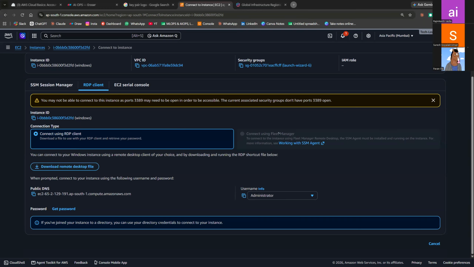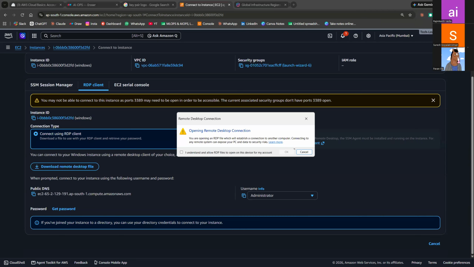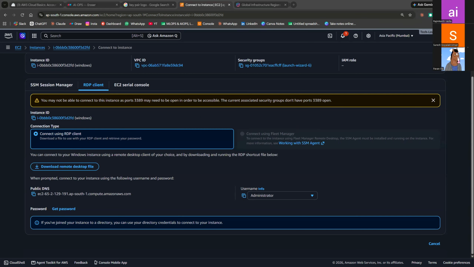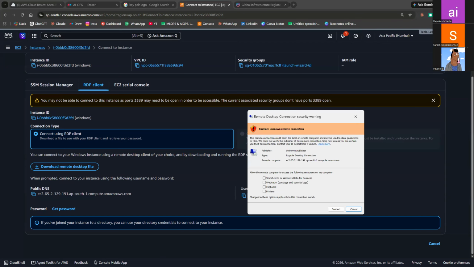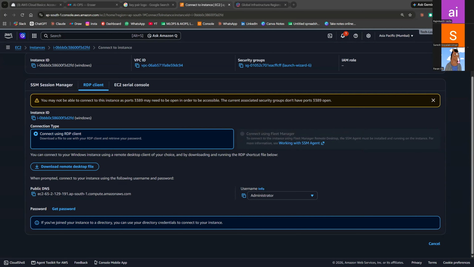I need to download this file. When you download and open this file, automatically it asks like this. Okay, I understand. Open it. When you open it, it asks: you want to connect, unknown remote connection. Okay, connect.